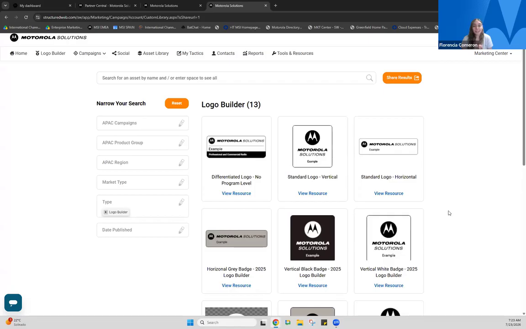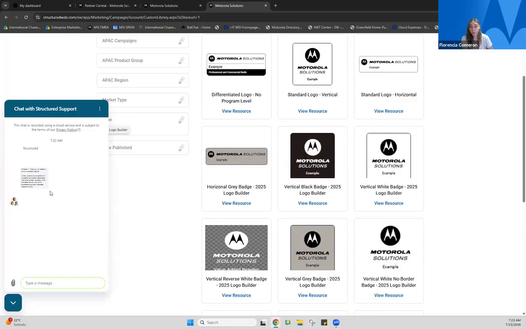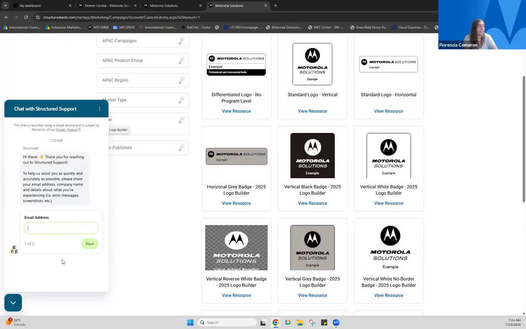If you spot some differences between what you want to see here and what you are seeing, please ask here. You know that here you have the chatbot, and this connects you with the support team and they can help. So in case you are not seeing what you're expecting to see here, please ask them, because they can do